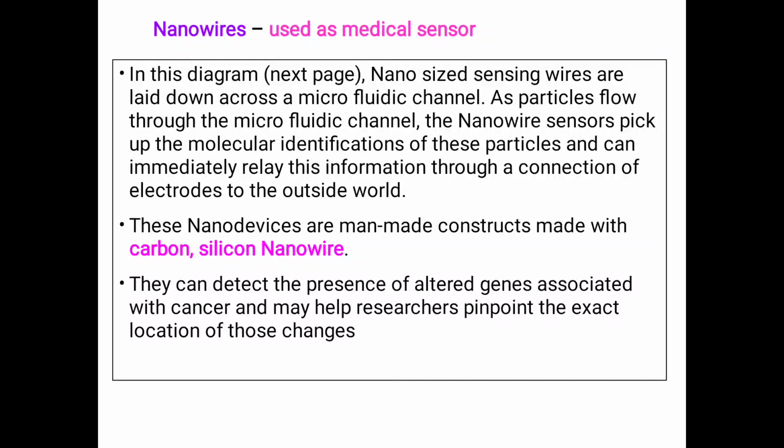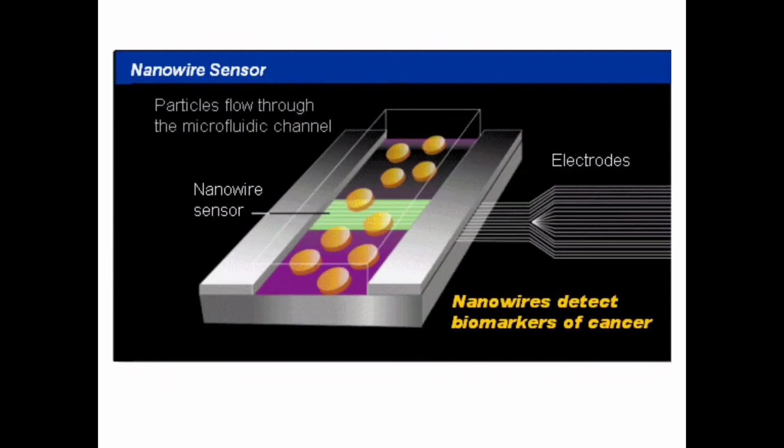Nanowires can be used as medical sensors. Nano-sized sensing wires are laid down across a microfluidic channel. As the particles flow through the microfluidic channel, the nanowire sensor picks up the molecular identification of these particles and can immediately relay this information through a connection of electrodes to the outside world. These nano devices are man-made constructs made with carbon silicon nanowire. They can detect the presence of altered genes associated with cancer and may help researchers pinpoint the exact location of these changes. We can see this nano sensor working through